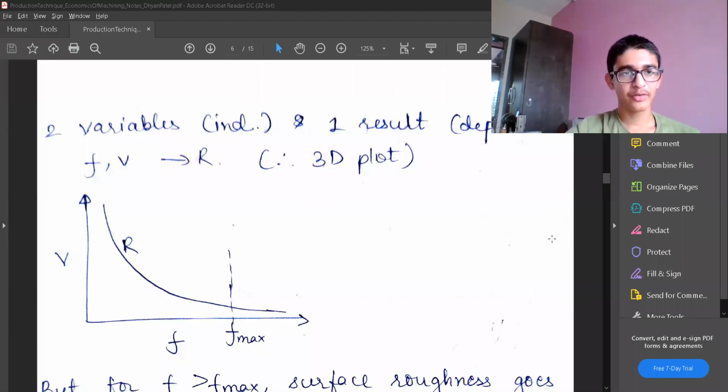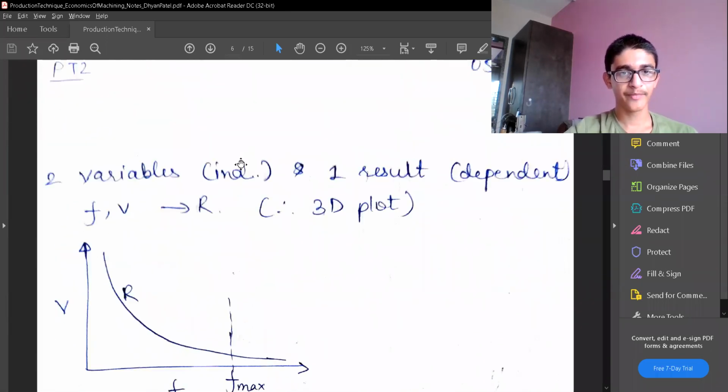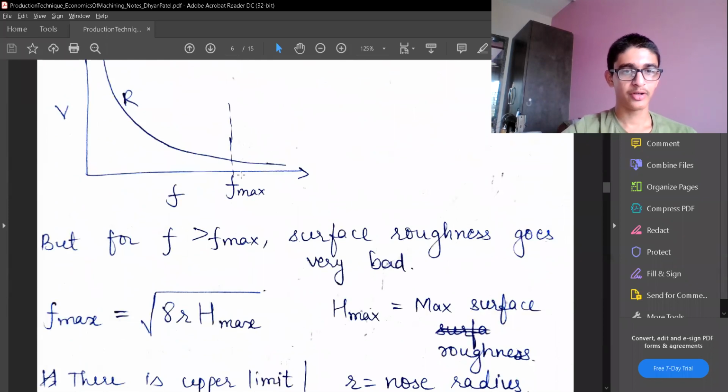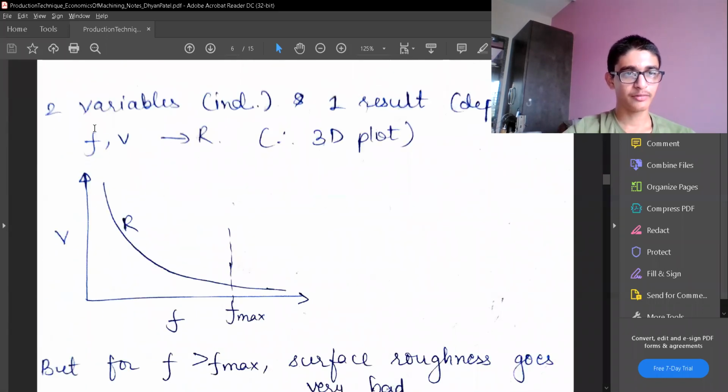So in the earlier video, we got the optimum velocity and feed rate for the minimum cost of tooling or machining. But when we make a plot, we had two independent variables, and the dependent variable was the total cost, that was the minimum cost. That would be a 3D plot,